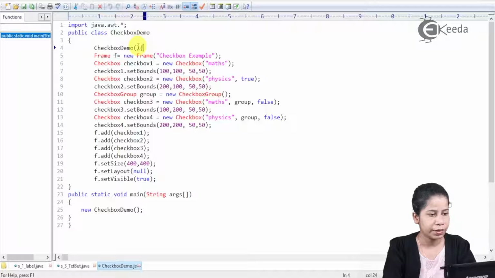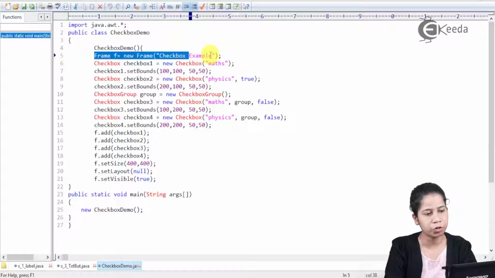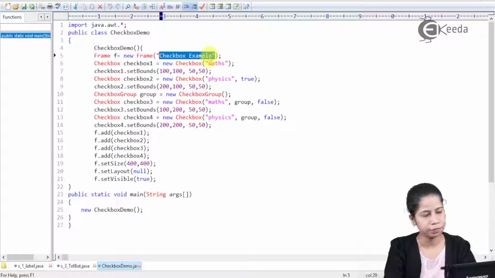So here I have created a normal constructor of the CheckboxDemo class, and in this constructor I have given some layout. You have created first a frame, and in the frame you have given the title, and the title is checkbox exam.